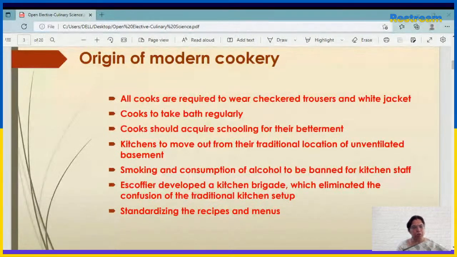Standardizing means you need to inculcate a few recipes, and you must know how much salt has to be added, how much sugar has to be added, in order to make that recipe a standard one, as per the requirement. So based on that, he made these steps, and he said all these steps need to be followed. So the innovation of Escoffier began to make culinary preparations an art and science